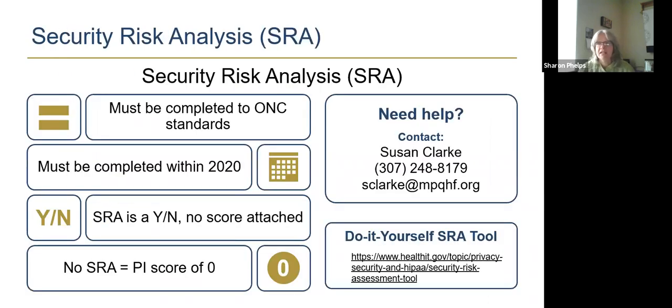Okay, the next item we have is the security risk analysis. You must check yes that you have done one of these in 2020 or you will get a score of 0. Doesn't matter what else you've done. If you haven't done your security risk analysis, you get a score of 0. So a couple of very important points on this one. First, this must be completed to the Office of the National Coordinator Standards,